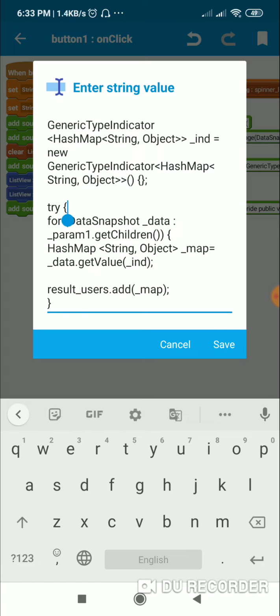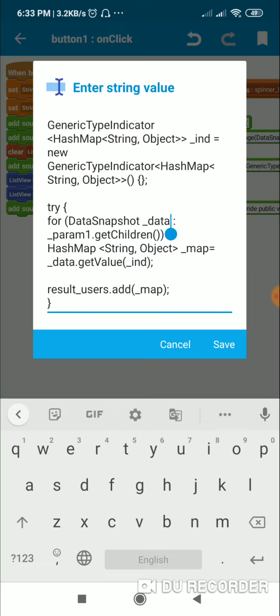After this there is try catch exception code, and inside this I have a for loop for data snapshot _data of _param1 dot get children. So here I get the data snapshot of each child of the original data snapshot.